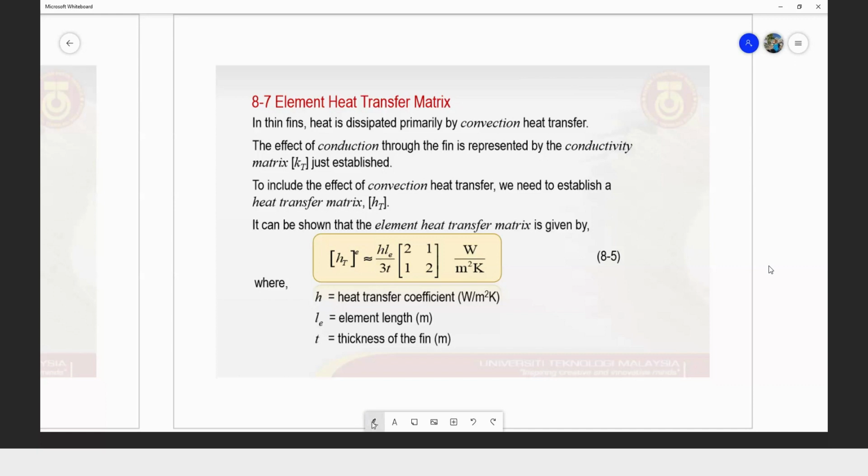How the heat dissipated through the thin film, which is mainly through the convection process. So kalau tak ada convection, actually kurang berkesan juga thin film tu. So the effect of conduction through the thin film is represented by the conductivity matrix K. So in terms of the conductivity,